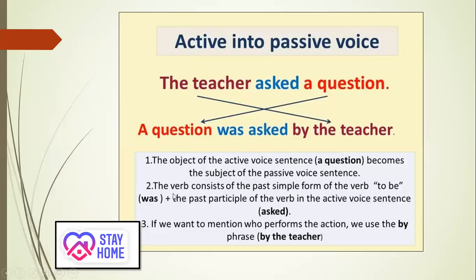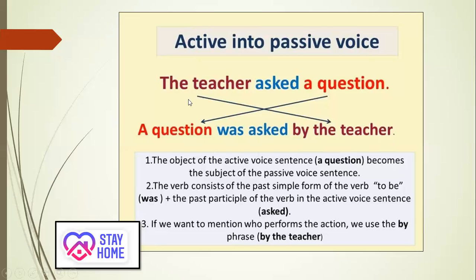Number two, the verb consists of the simple past form of the verb be, which we inserted here, in this case, it was, plus the past participle of the verb in the active voice sentence, right? So this is the simple past, and this is the past participle